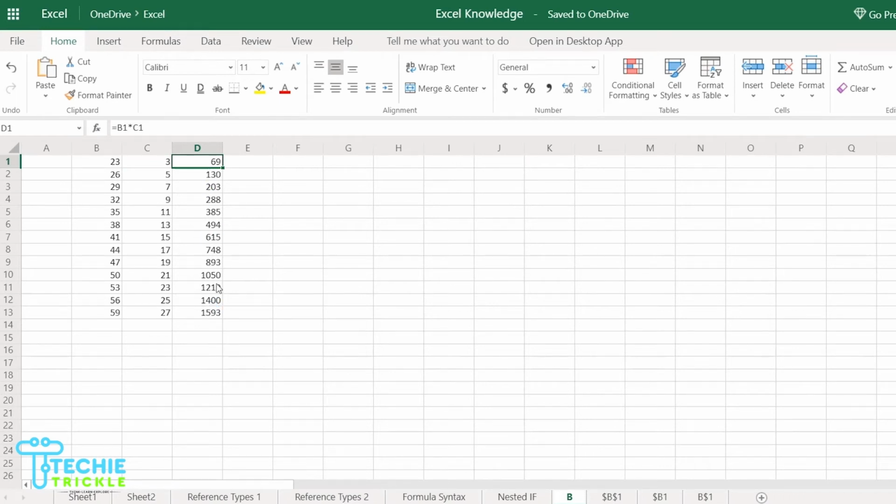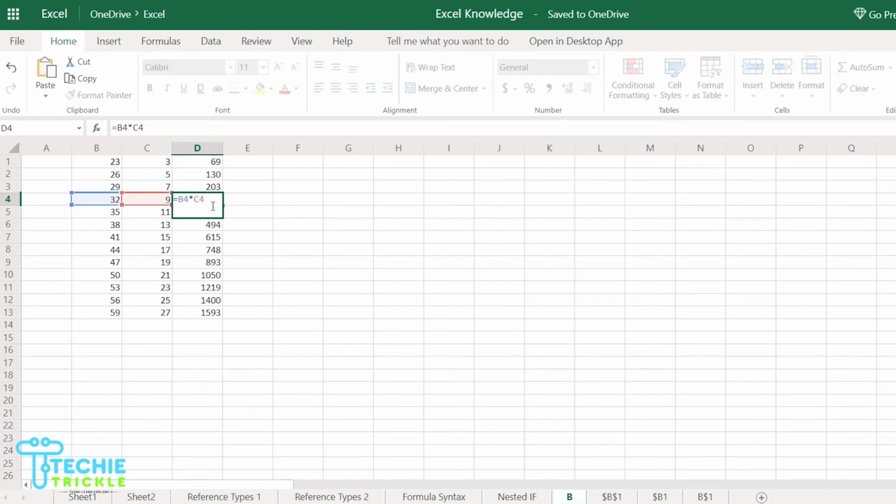In case you do not know how to do this, you can refer to one of my previous videos where I have explained how we do this. Notice here that we have B1 multiplied by C1. Let's come here and press F2 to see what it takes. It takes B4 multiplied by C4.